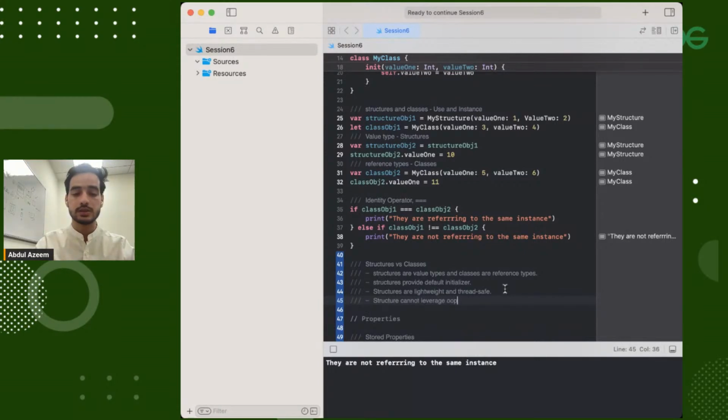leverage OOP concepts like inheritance. That's why, as you will see in the future when we'll be writing more code for the apps, when we'll be building some models, most of the time we will be using structures. We will only use classes when we have to explicitly use those concepts like inheritance and all, because structures are lightweight and thread safe. That's why most of the time we will be using